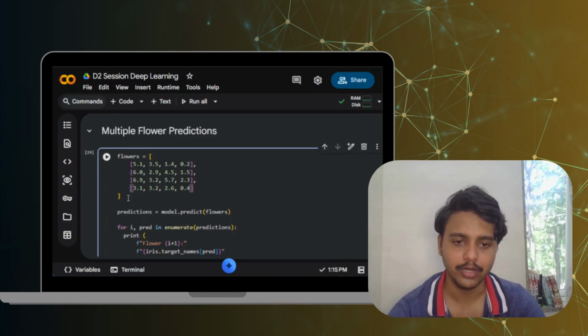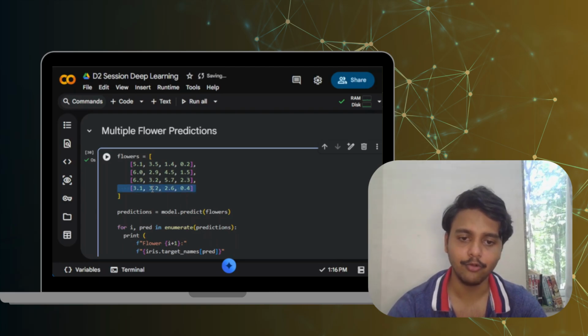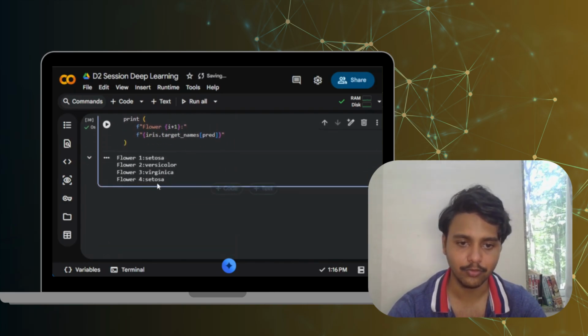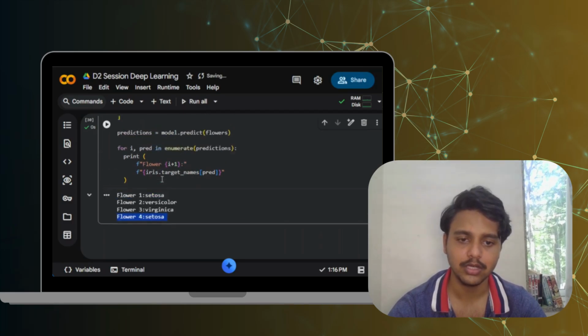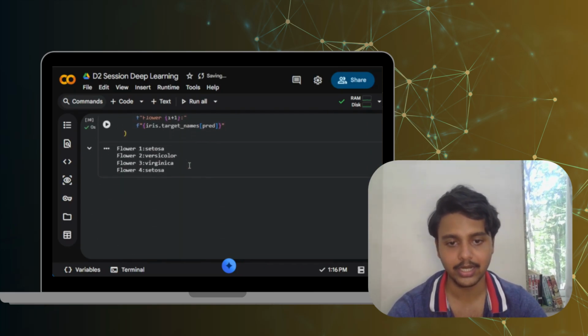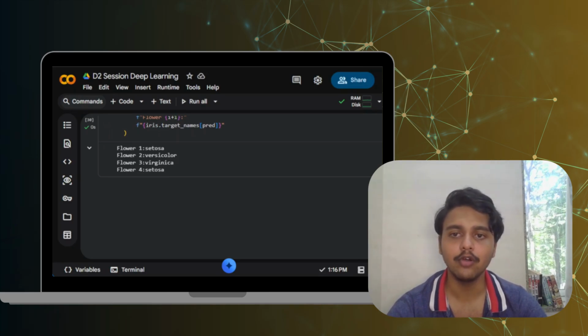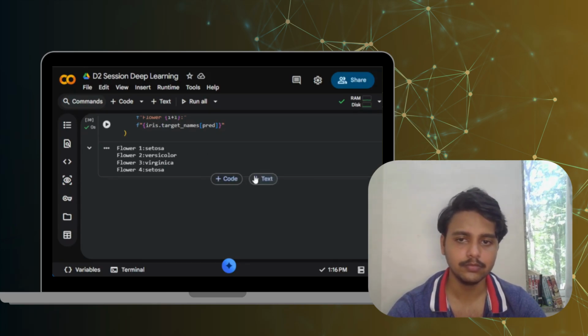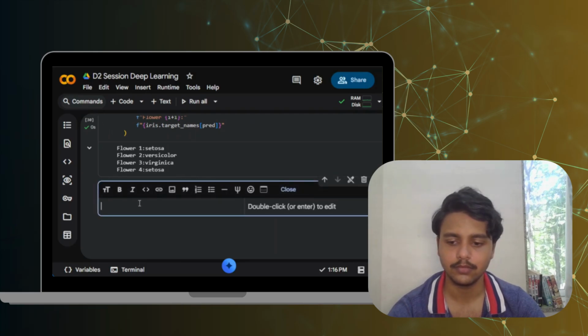Okay, so when I press Control Enter, it is going to give me an additional fourth flower as well. So the fourth flower was setosa. That's why here it was printed class number is 0. Correct? So when we move on, let us have a confusion check as well. Okay, so here we'll write about